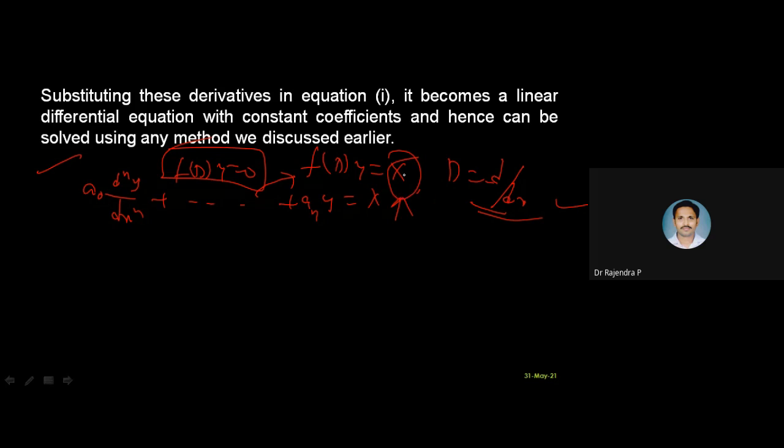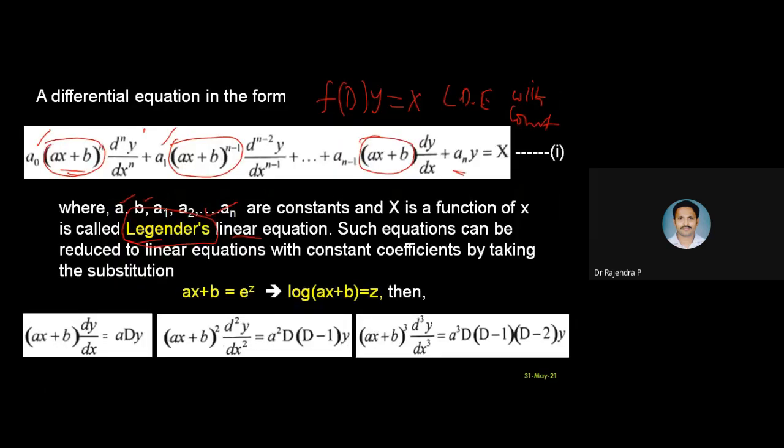And if you have any x, then of course we can apply our method of variation of parameters. But it is restricted only to second order linear differential equations. This whole story we already know. Now the thing is that here we are not getting only constants. Along with constants, we have some ax plus b whole to the power of n. Whatever the order is, d to the power of n by dx to the power of n, with the same degree we have ax plus b whole to the power of n.